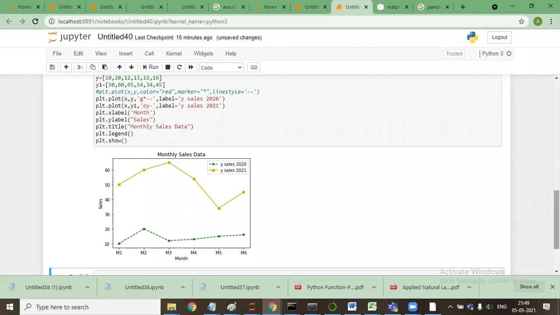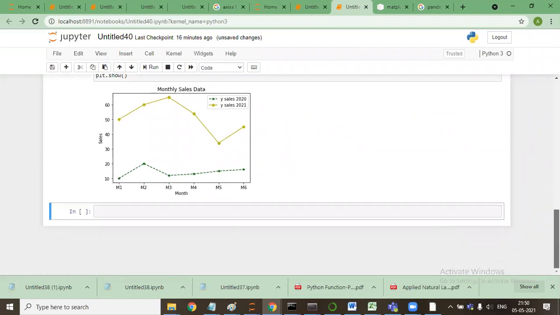Another important thing is, let's say we want to create 2 or 3 graphs in a single matrix or a single space. Then what we do is, let me tell you, I'll say plt.figure.